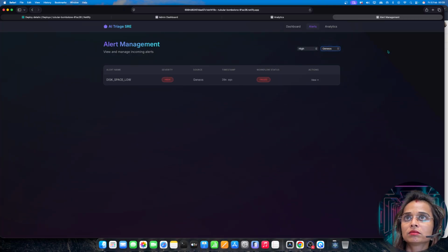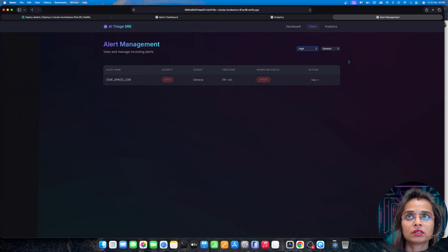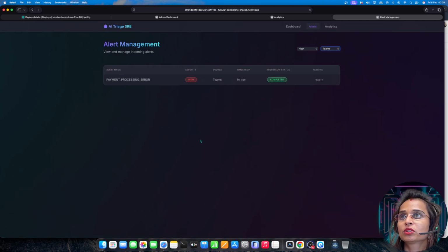There is one from Teams and the other one from Genius with a failed workflow status and high severity. So we can filter by these particular filters for severity and sources. We notice that this payment processing error from 5 minutes ago, this workflow is already completed. Let's check the details to see